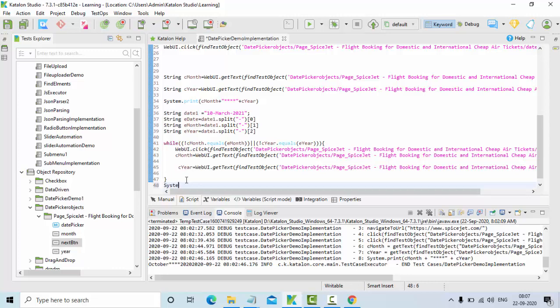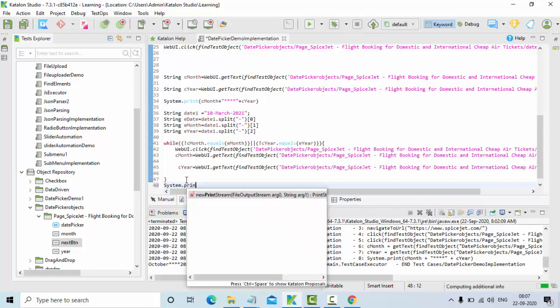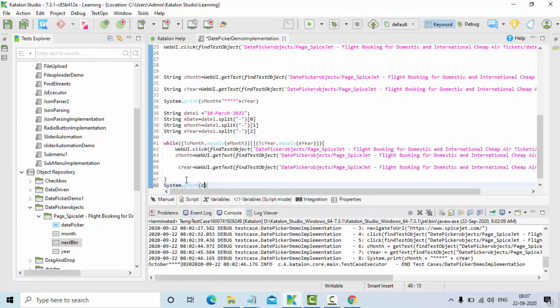System dot print of c month, sorry, c year. I'll also type the expected month and year.